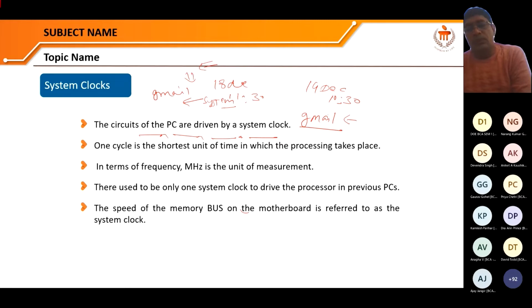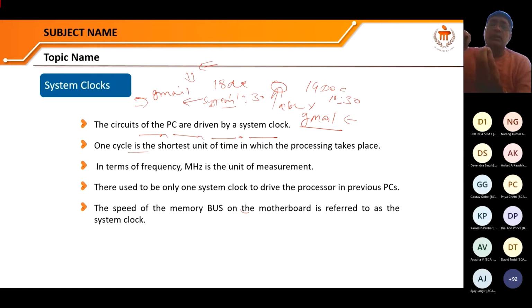So the PC's work is driven by the system clock, and you have seen how much work is taken by a particular processor. But when we are writing A, B, C, D and small calculations, we cannot see it. If you are using millions and trillions of calculations, then the system clock will be active and show how much time the CPU takes. And the next one is the cycle. What is a cycle? When I was explaining this, the CPU is running and takes instructions in a particular amount of time. When it completes one round, that is called a cycle.